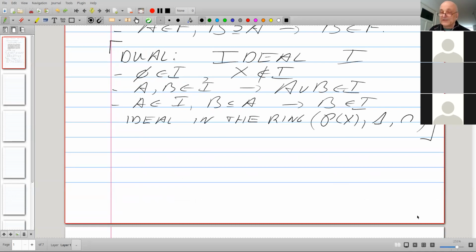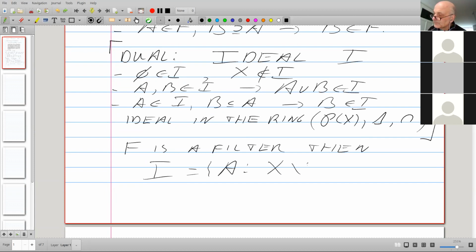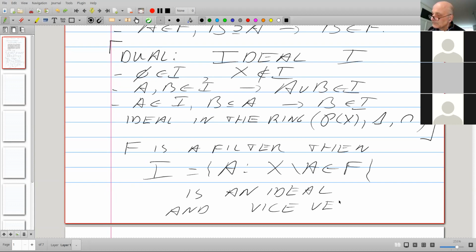And an easy exercise, more an observation. If F is a filter, then if you have a filter, you can create an ideal by looking at the complements of your members.